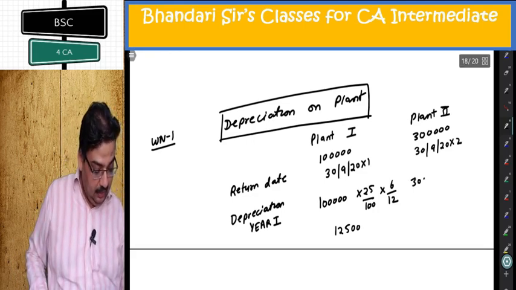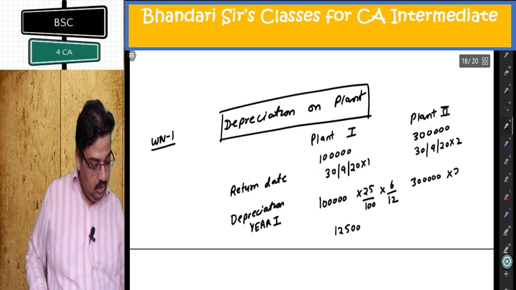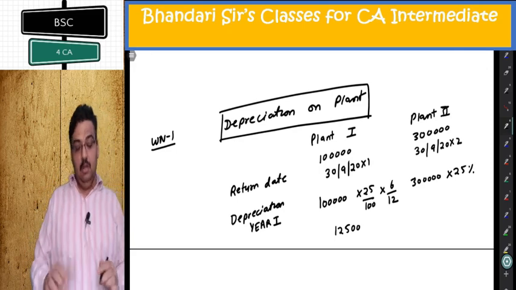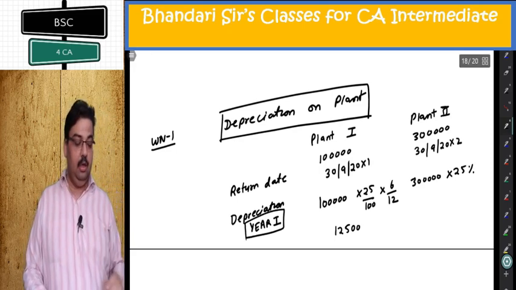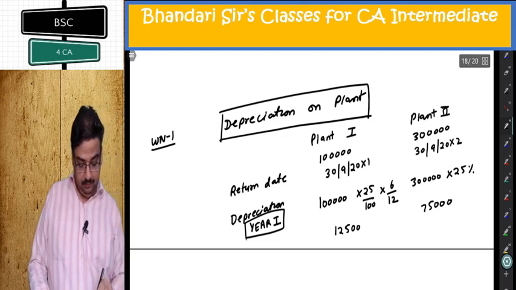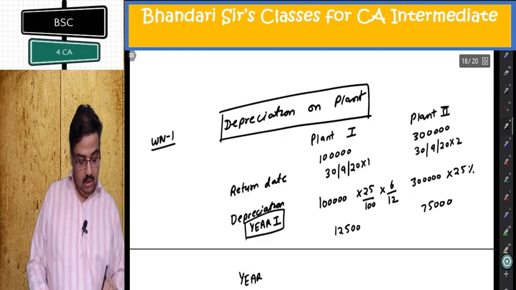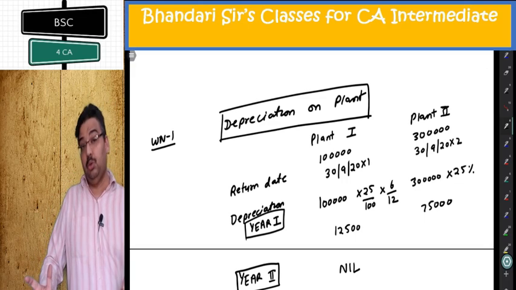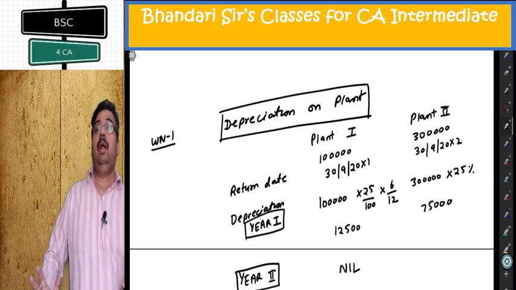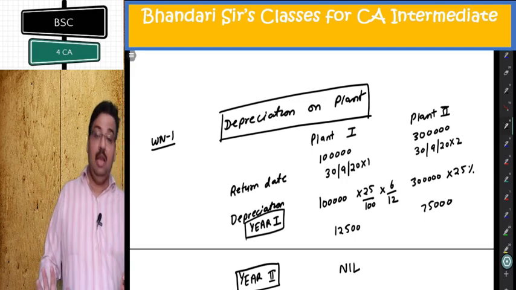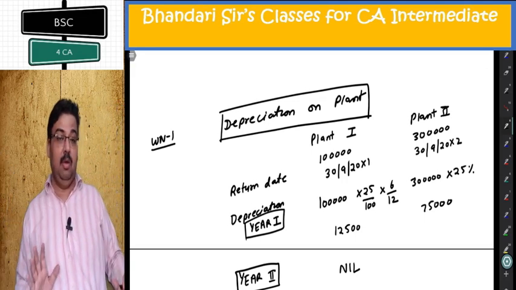This is 3 lakh, 25%. It is used first year fully, second year half year. I am computing for year 1 only. So I am getting here 75,000. Year 2, depreciation on contract on plant 1 is nil because it has been returned to store. It is not used on this contract at all. I am talking about usage on this contract. It is nil because it was returned last year September only.